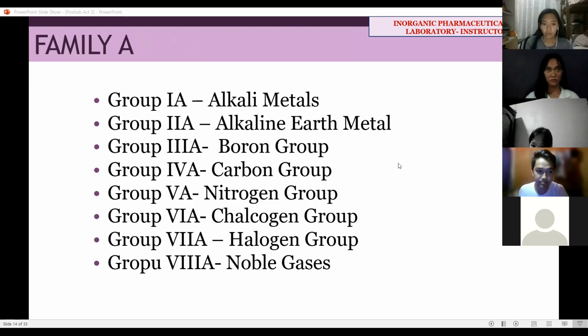And these are the names of our group 1A, group A na family. Pag group 1A, we call them alkali metals. They react with water to form basic substance. The same thing with alkaline earth metal with the group 2A. 3A is the boron group, 4A carbon group, 5A nitrogen group, and the group 6A oxygen, pababa, is called chalcogen. Now, fluorine, chlorine, bromine, iodine, astatine, and so on, we have group 7A, we call them halogen group. And lastly, we have the noble gases.